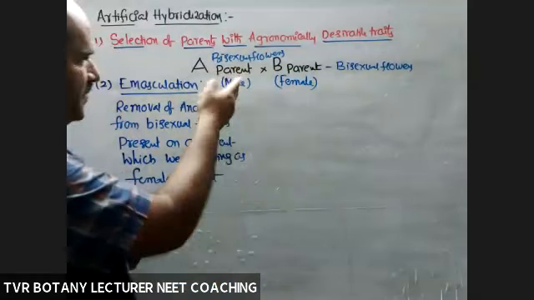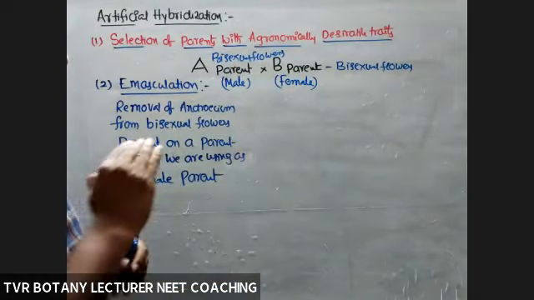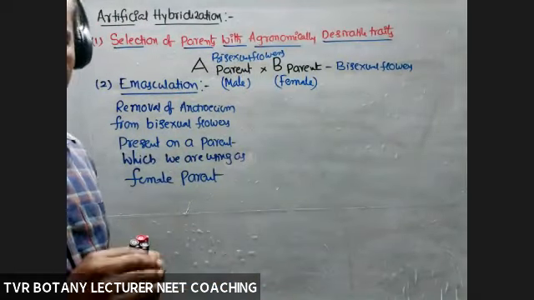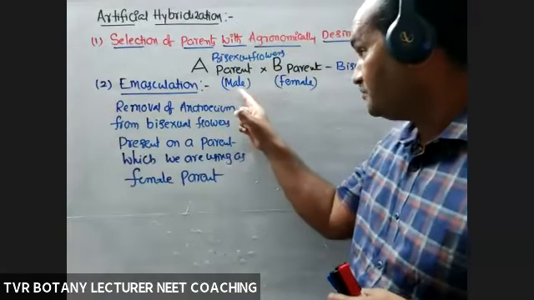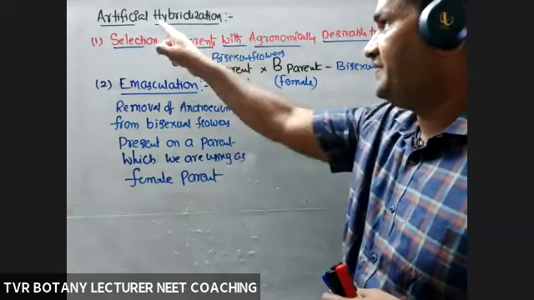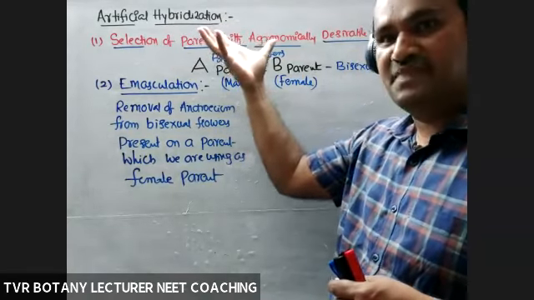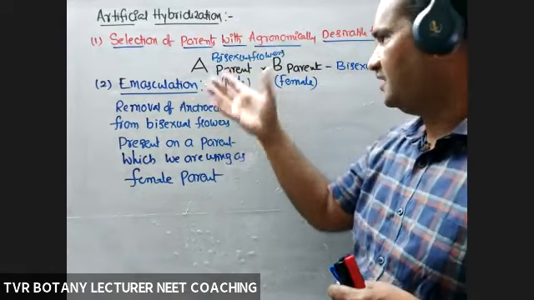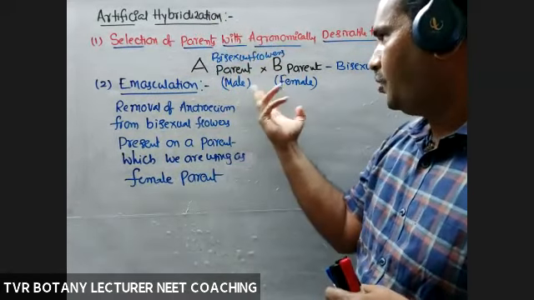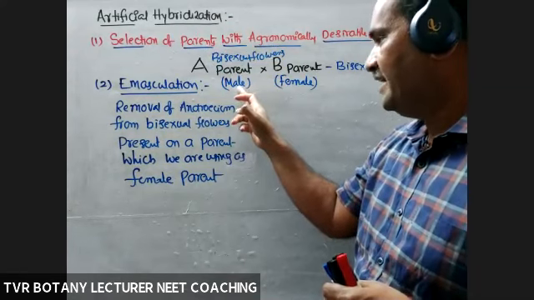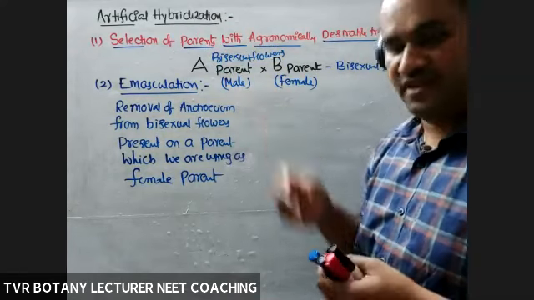Both the parents belong to the same species, for example, Pisum sativum, Pisum sativum. Generally, they are with self-pollination. But here we need cross-pollination. See, artificial hybridization is nothing but one type of cross-breeding method. Crossing or not, we have to cross these two. It means true sexual reproduction that involves xenogamous type of cross-pollination.